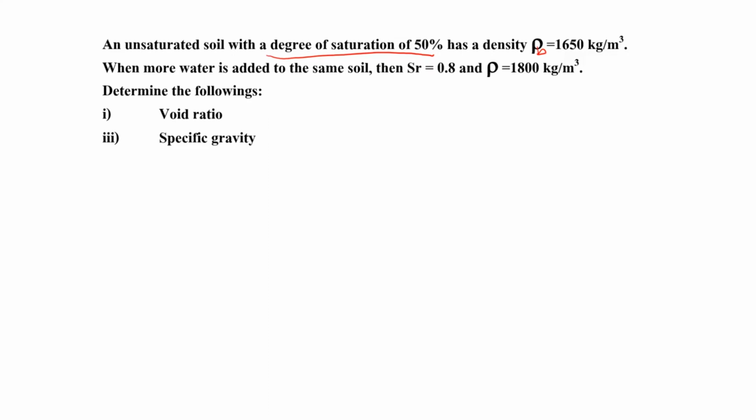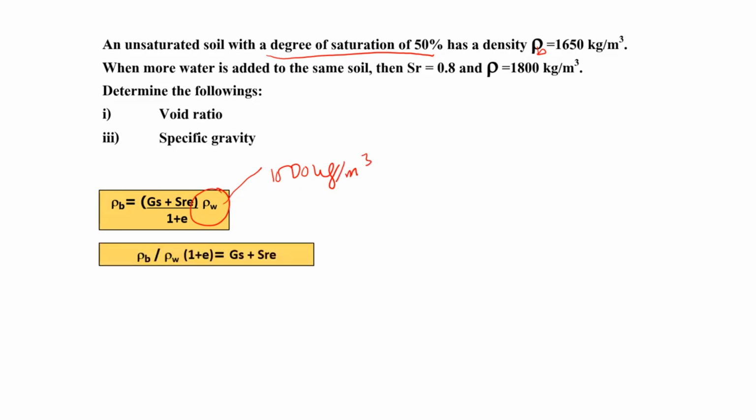So the question asks you to determine the void ratio and specific gravity. So let's look at how we want to solve this question. Okay. First of all, we need to identify the suitable equations to be used with regards to the available information. So we use these equations and we know that the density of water can be assumed equal to 1000 kilogram per meter cube. So we simplified this equation and it becomes this. So from this equation,